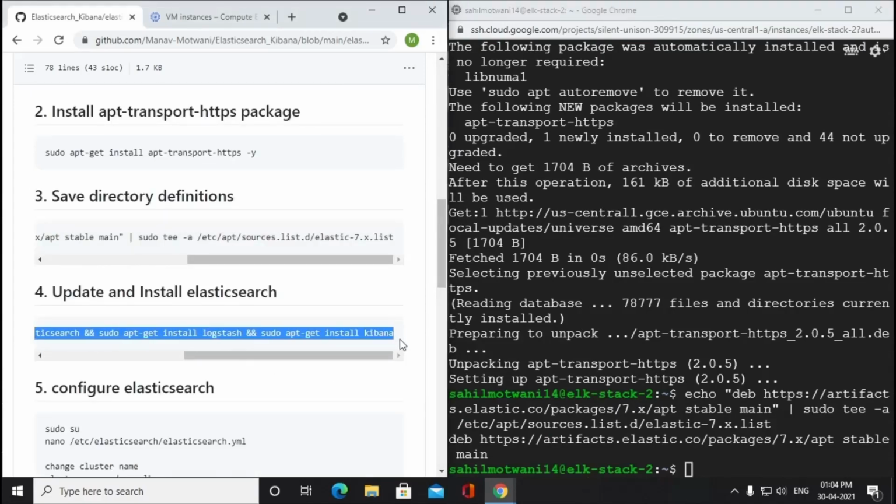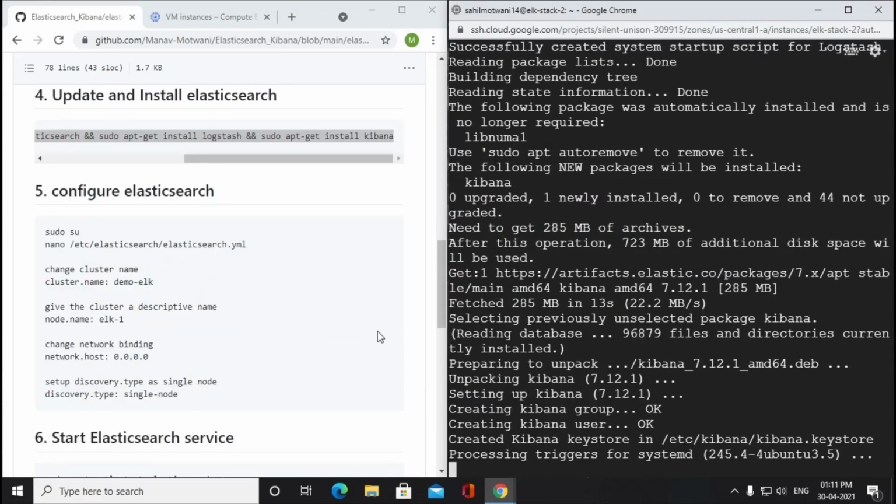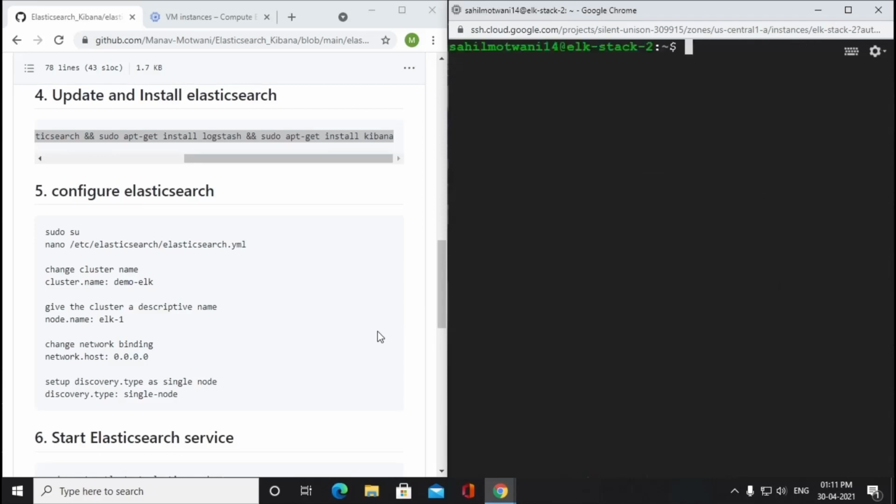Now we will save Elasticsearch directory definitions, and after that we will install Elasticsearch and Kibana. After installing Elasticsearch and Kibana, we need to configure their configuration files.